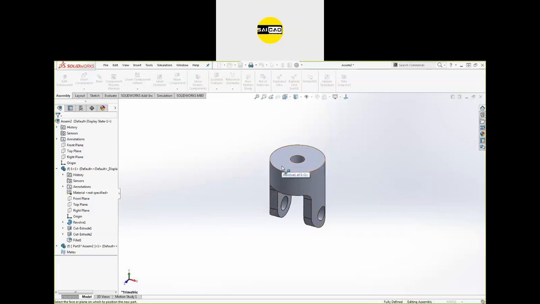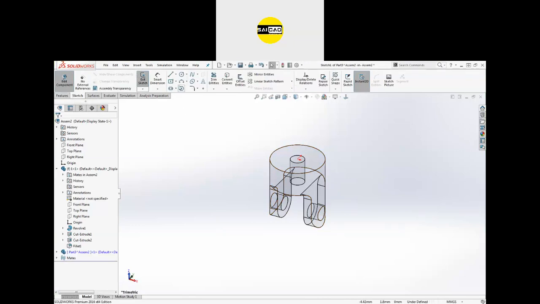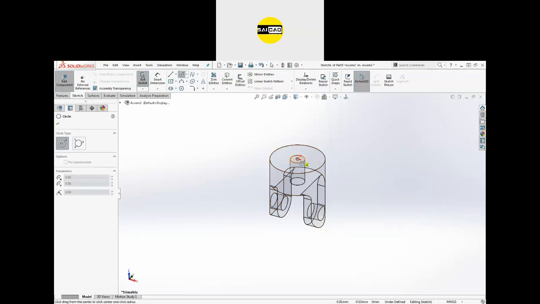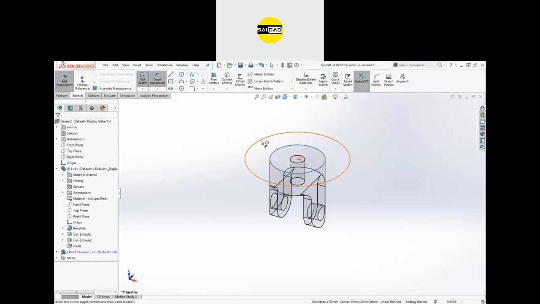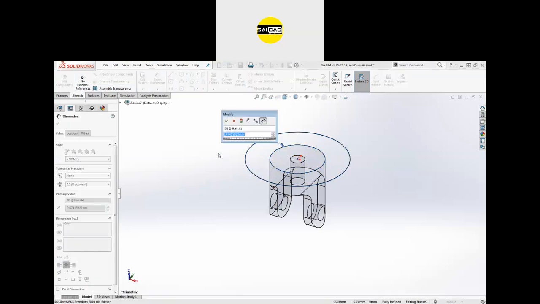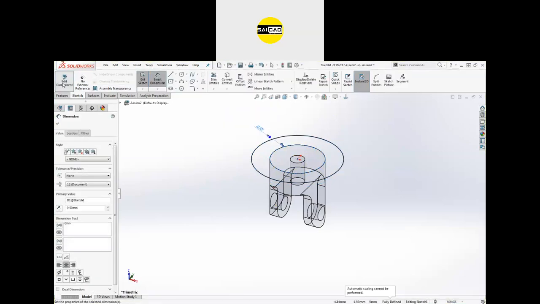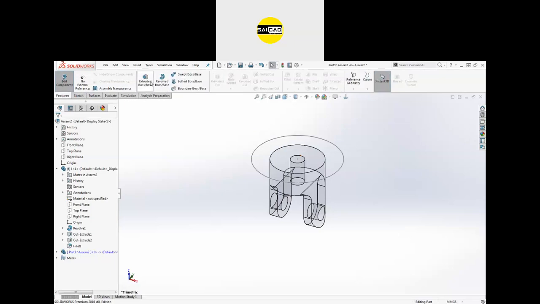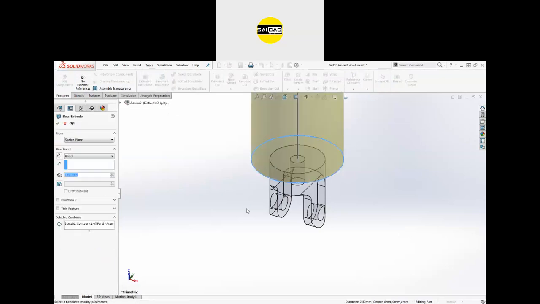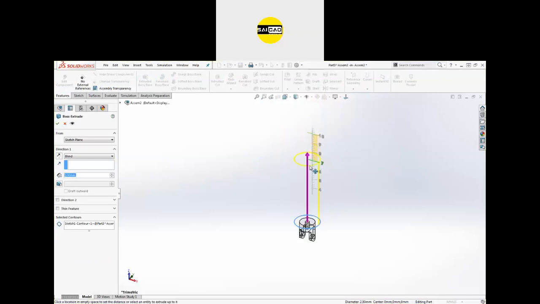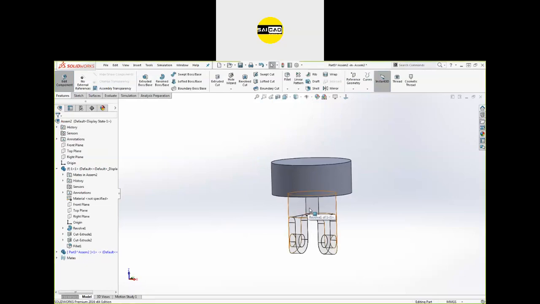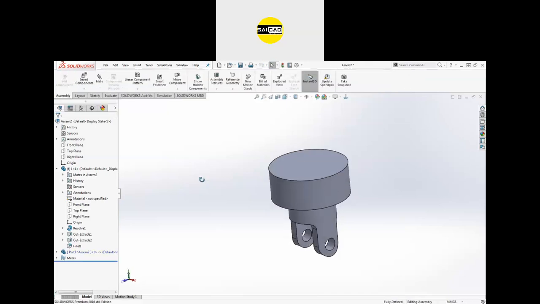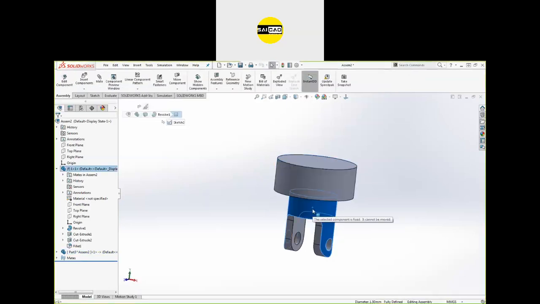So suppose I want to create something here, click on the face, you have the option, you can just create a shape. You can also apply the relation from this part. Suppose I want to define gap is 0.5. Okay, so exit out, go to the feature, click the extrude, and you can create an extrude like that. Okay, now you can see if I change the size, this object will also be changed. You go to the edit component, click here, and you are back in the assembly. You can see this object is placed on this.